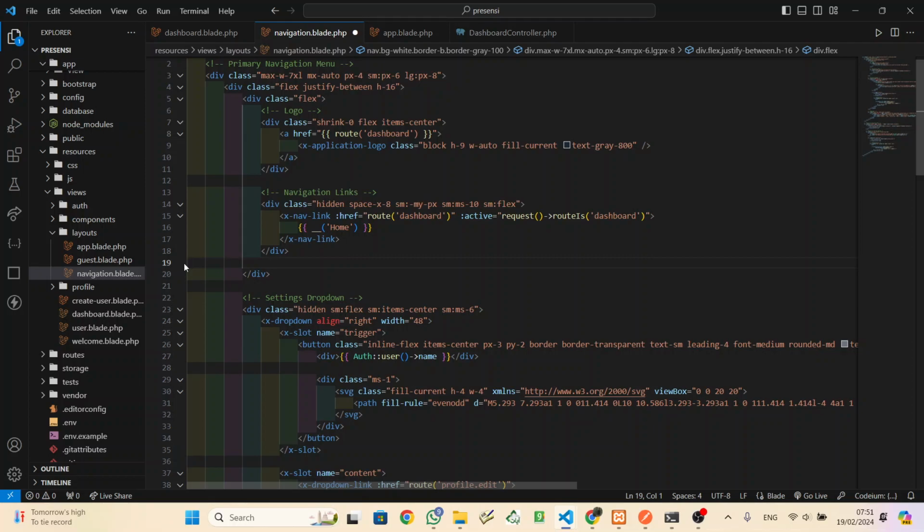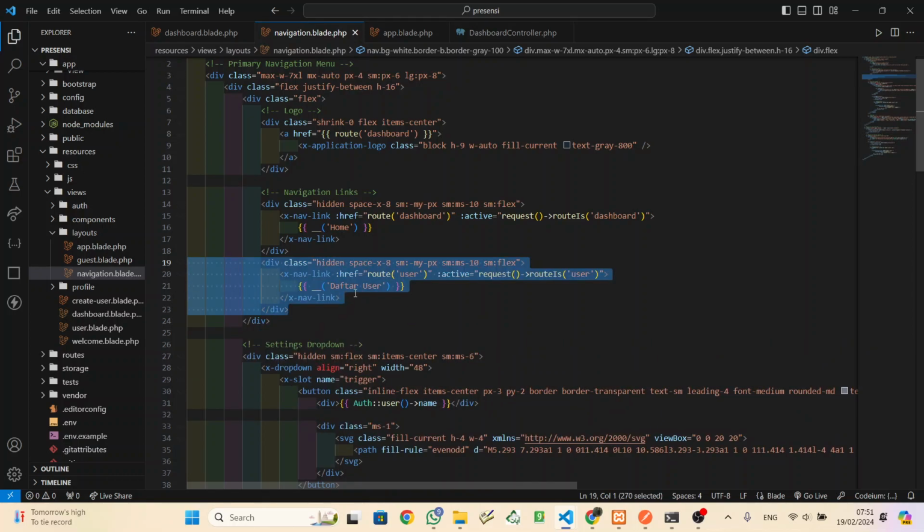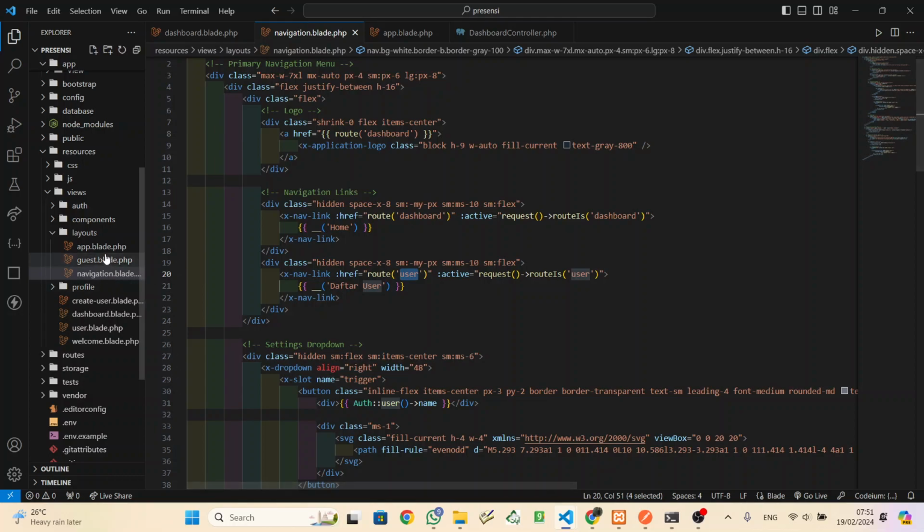So just only the dashboard, but wait, control Z. Add a new navigation for viewing the user's profile. Here, add new daftar user, and the route is to the user. So after this, we will make a new route, the user route. Okay.